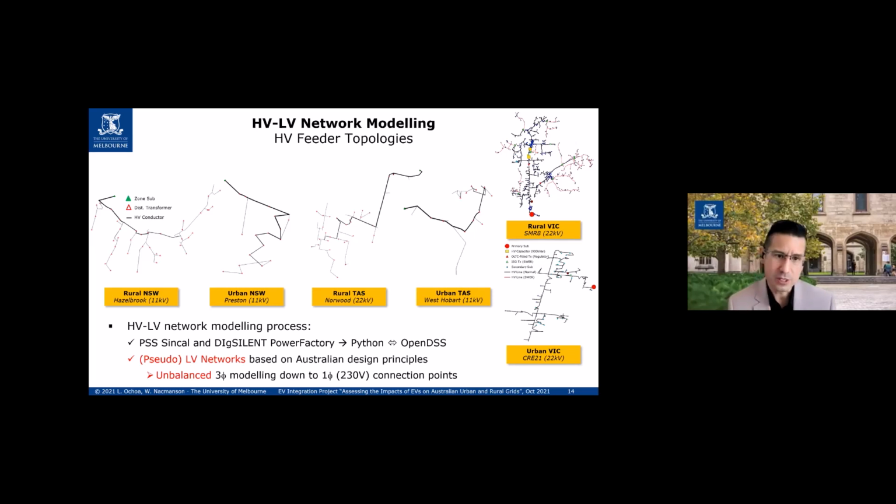So we eventually not only have the high voltage part, we also have the 3-phase feeders and the single phase conductors that connect each of the houses, the single phase connected houses. This allows us to really capture the voltages and all other challenges that we might see on the networks once we have a lot of electric vehicles.